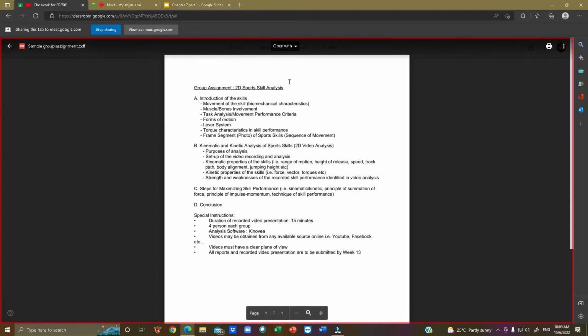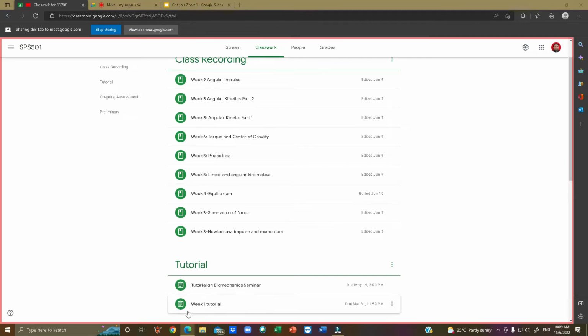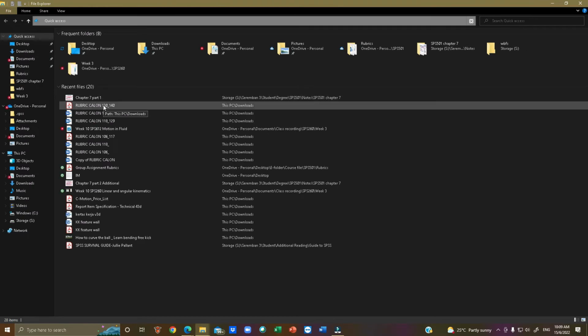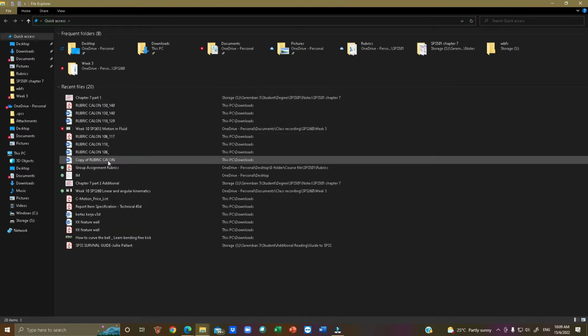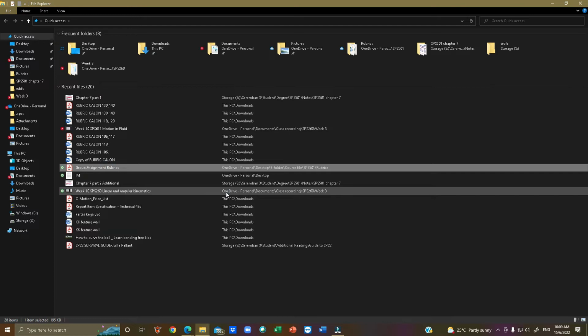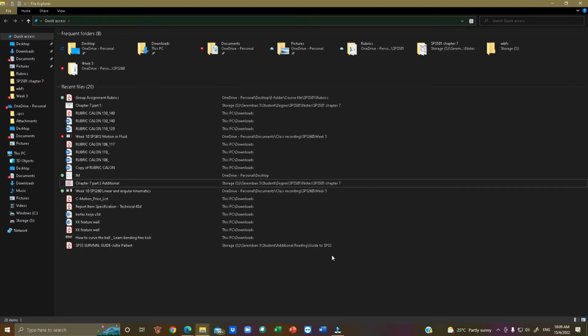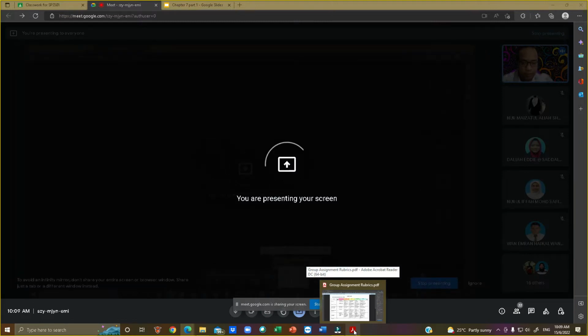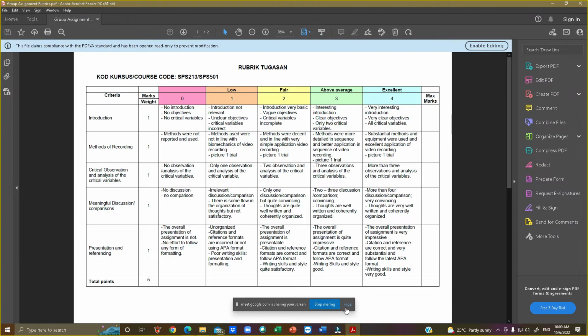For this group presentation, I'm going to show you the rubrics. Sekejap. And this rubric will tell you how to present your group report. Okay, these are the rubrics that will be used for group presentation. So in the presentation, you need to have an introduction about the objective of your analysis, and then you need to